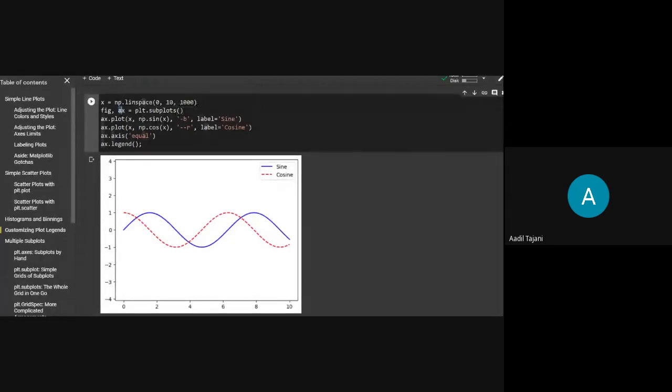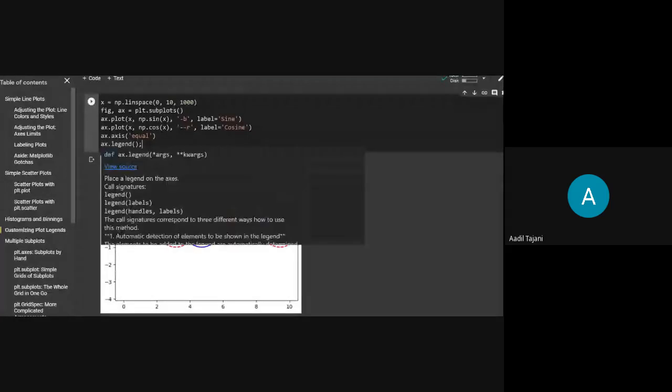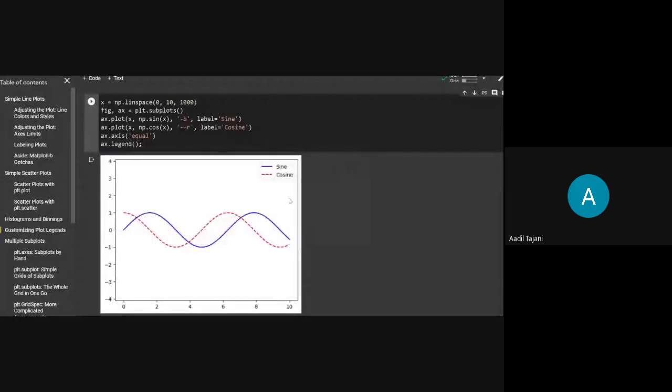And if I want to change anything on this plot, then I will refer to this ax variable, which has my axes, which references this black box. So I have called ax.legend, and only after calling this line, you'll get this legend. Or else, if you don't mention this line, then you won't get the legend.